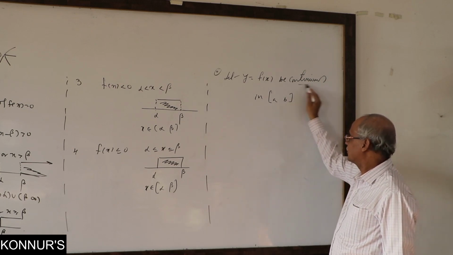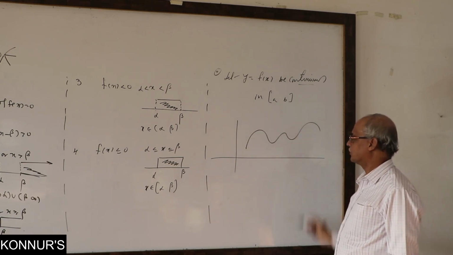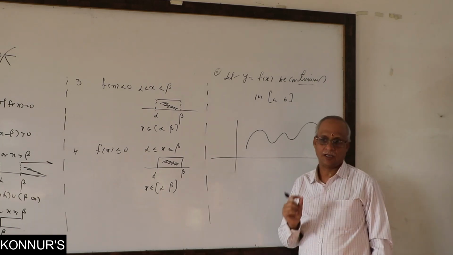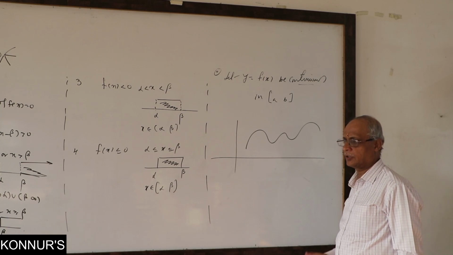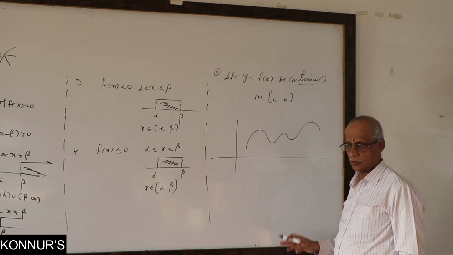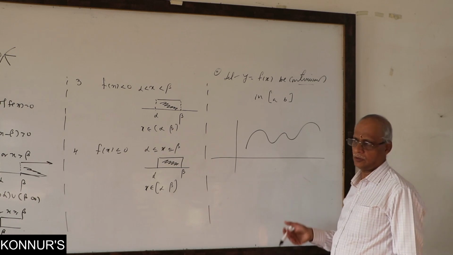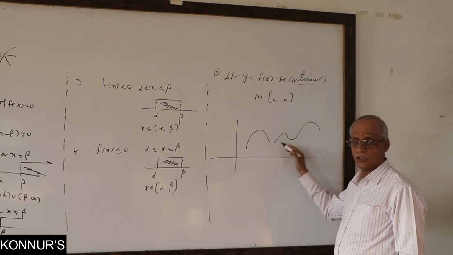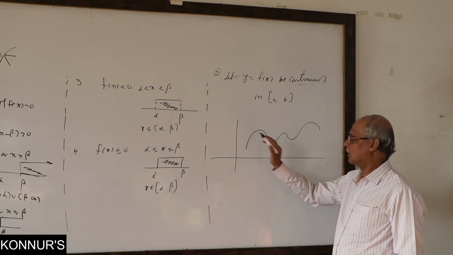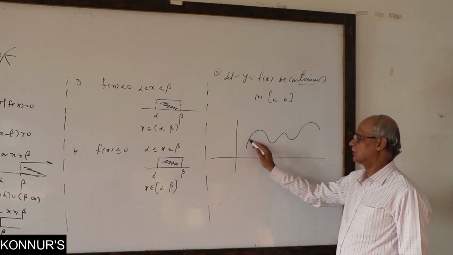Once we say that it is continuous, the graph of the function must be continuous. Therefore, it will go like this. There is no gap in between, no patch, no break. So it goes continuously, smoothly, uniformly, with no discontinuity. Suppose if there is any gap, there is no continuity, so it is called discontinuity.